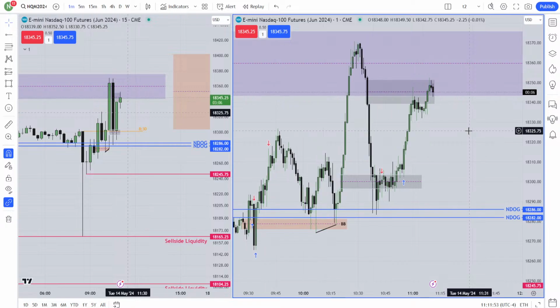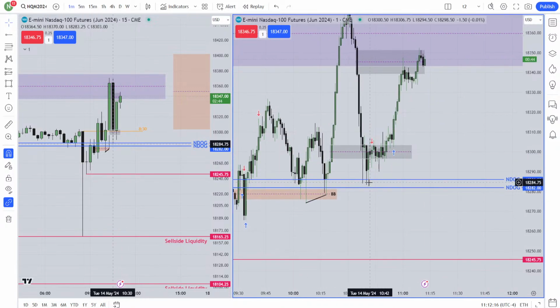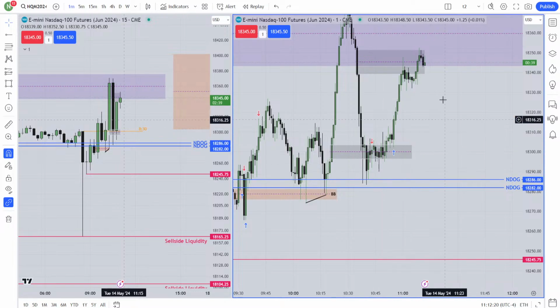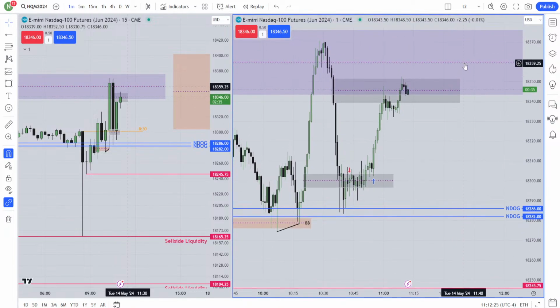Sorry for creating the confusion. There is no confusion, brother. All I just told is that new day opening gaps and new week opening gaps, if they are less than 10 handles, I don't mark them. That doesn't mean they don't have any value. So you are absolutely right, there is nothing wrong with that. It is valuable, and you can see perfectly it is respecting the new day opening gap. So no need to be sorry.